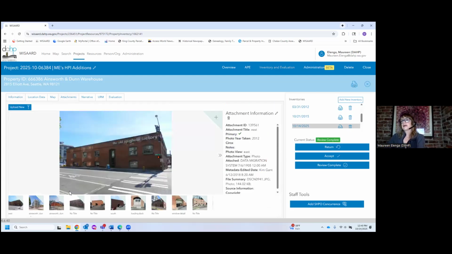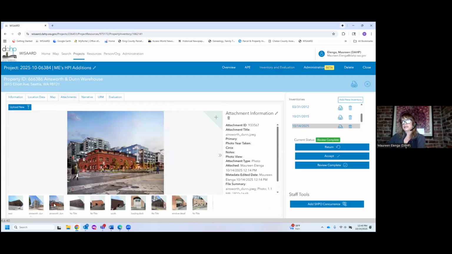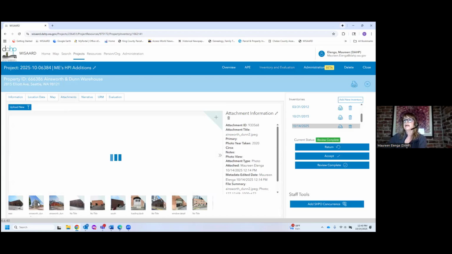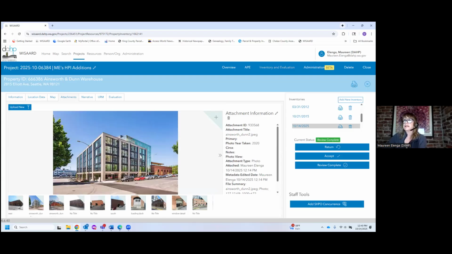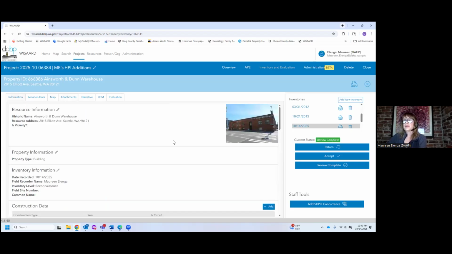And it has had a major addition. This is a rendering of the work that was done in 2019, what it looks like today with this addition that is what used to be the parking lot, and then a rooftop addition to the historic building. So, good example of why we